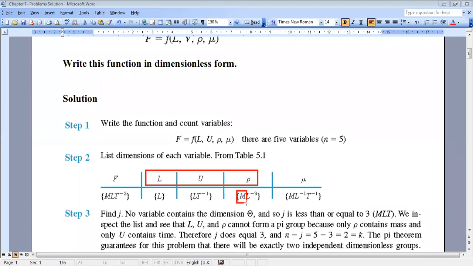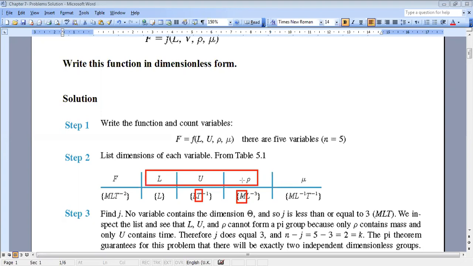If you get a group that is without dimension, the M should be present in another place, so that if I raise it to the power of a certain coefficient, the M will cancel out. But here M is not present in L or in U, so it is impossible to cancel M. Also, T is only present in U, so if I combine it with L and rho, I cannot cancel the time T, so it's impossible. So you can directly say, without any further calculation, that L, U, and rho